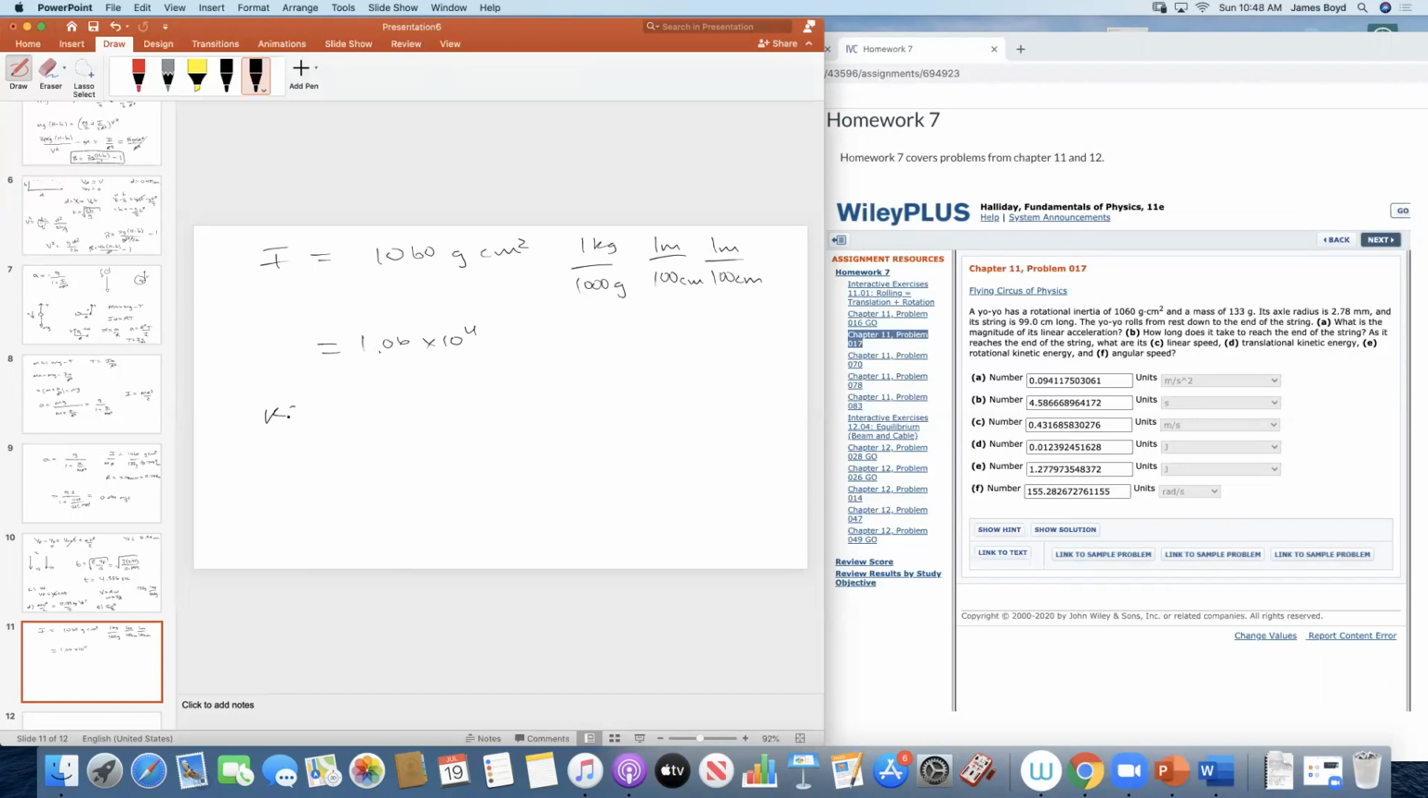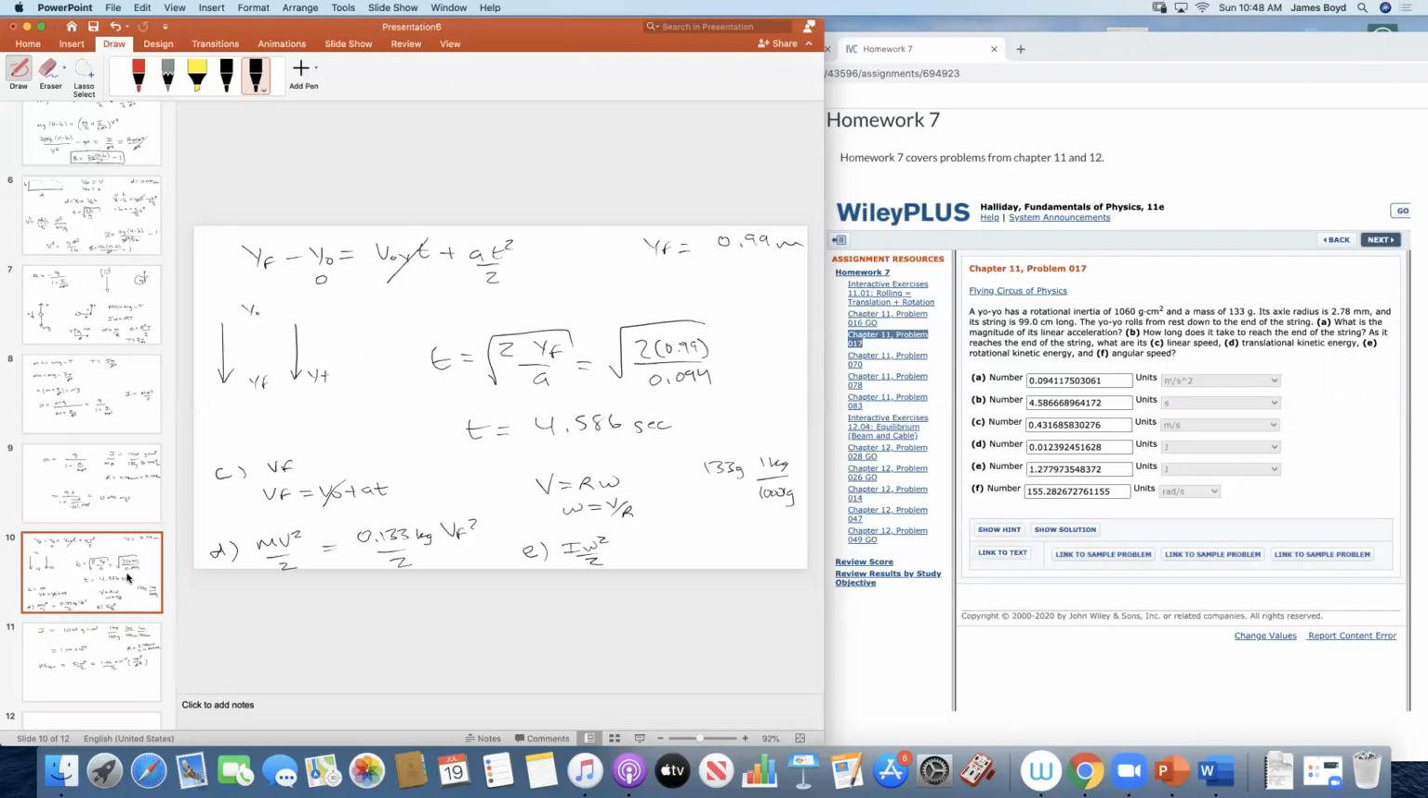And now the kinetic energy of rotation is I omega squared over 2, which is this 1.06 times 10 to the minus 4 divided by 2 times V final squared over R squared. And remember that your R needs to also be in meters. Your axial radius was given to you as 2.78 millimeters. Make this 0.00278 meters. So when you solve all this, my V final would have been